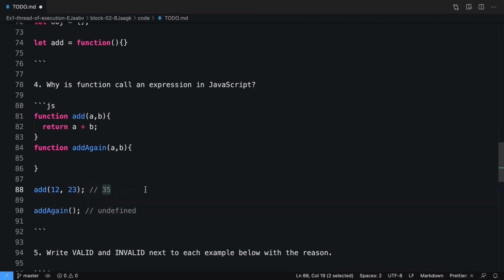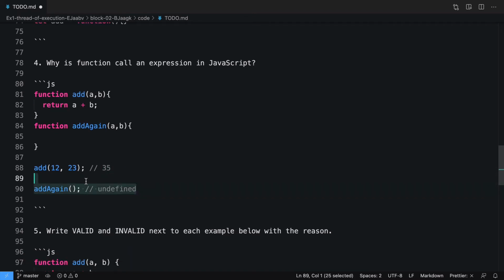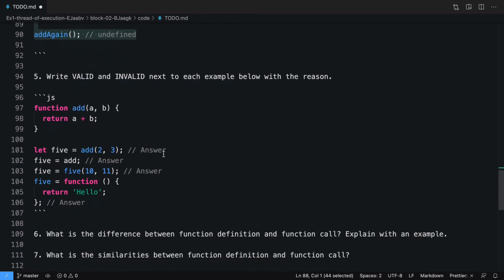Because a function always returns a value, if there is no return statement, it will return undefined. If there is return statement, it will return the value on the right hand side. So at last, function call always returns a value, and that's why a function call is an expression.